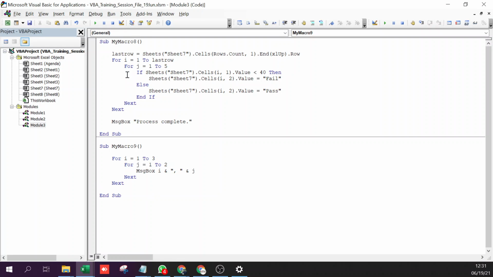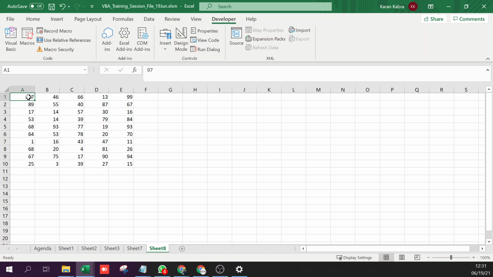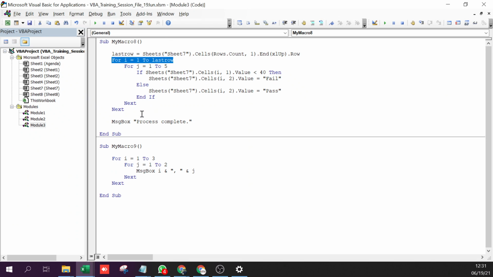So the way we have to do this is, again we have to have one loop that goes from top to bottom and one loop that goes from left to right. And what is the change that we will make inside this? Shouldn't we change cells? Yes, we have to. We cannot hard code this anymore to 1, 2 or whatever. We have to write j here. Now tell me, is this right?